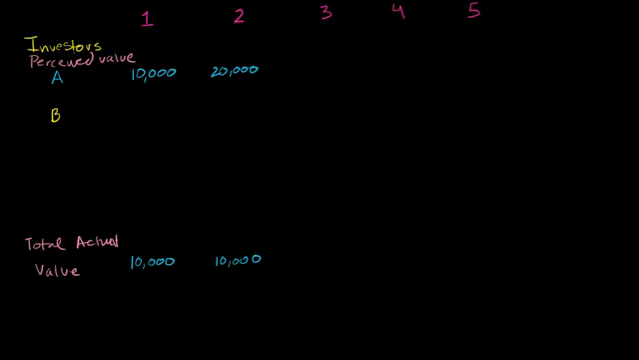Let's say I'm going to give him $15,000. I'm going to give him $15,000 in year 2. So how much total actual value do I have in year 2 now? I have the $10,000 from investor A plus this $15,000. So I have a total of